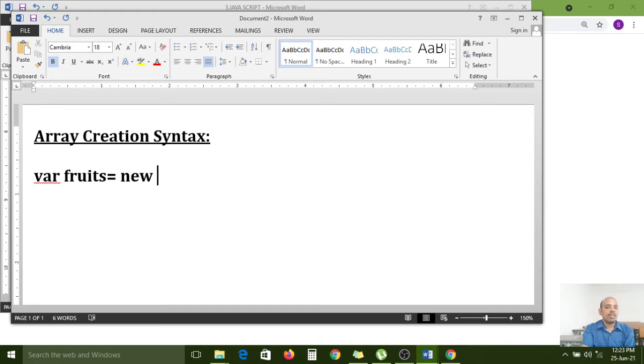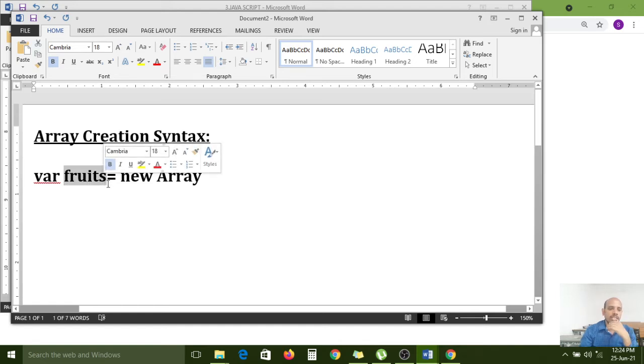Here I am using the new keyword with the Array object constructor. Array is also a constructor. By using this Array constructor with the help of the new keyword, we have created the fruits array.